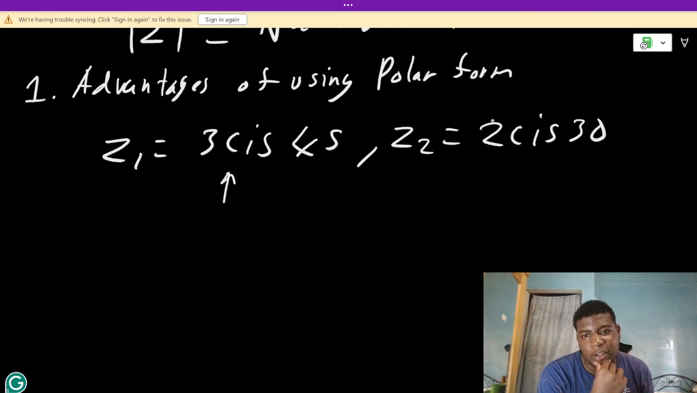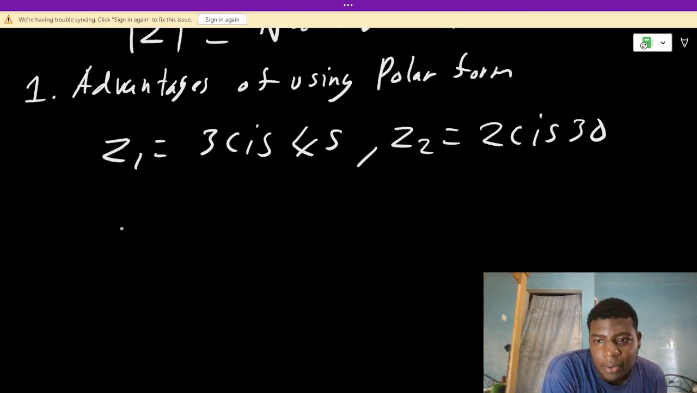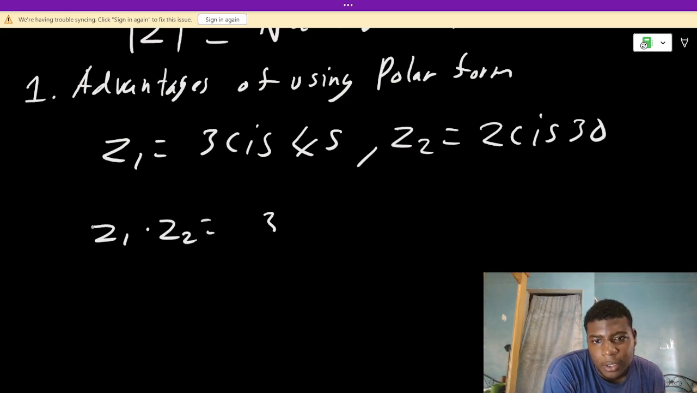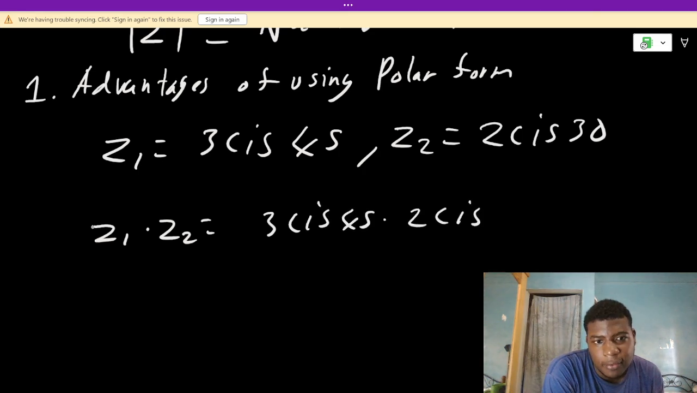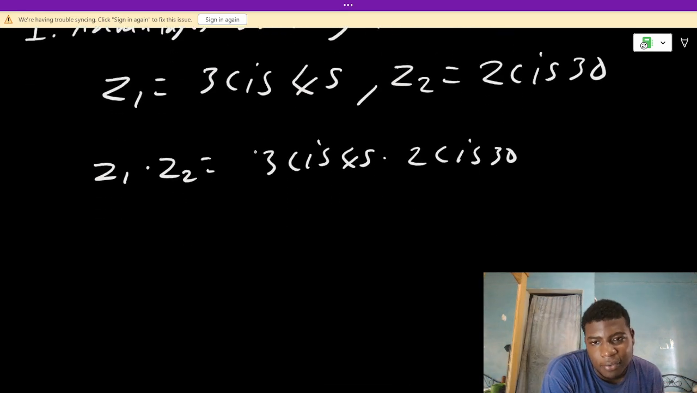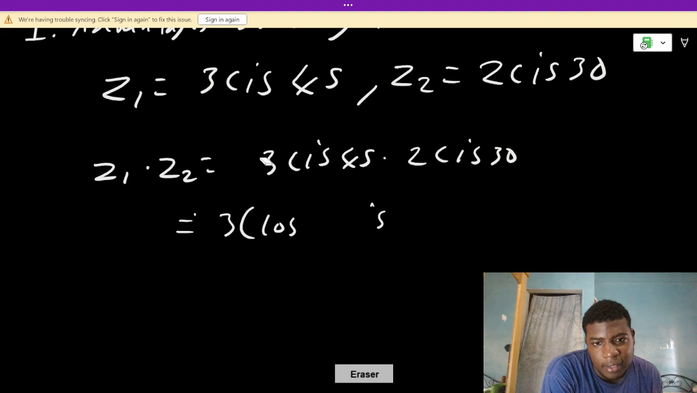I'm using cis: c represents cosine, i represents the imaginary unit, and s represents sine. It's a shortened form. And 3 is obviously the modulus. So z1 times z2 equals 3 cis 45 times 2 cis 30. But obviously you can't leave it in this form; you have to turn it back. So that is the same as 3 cos 45 plus i sine 45, times